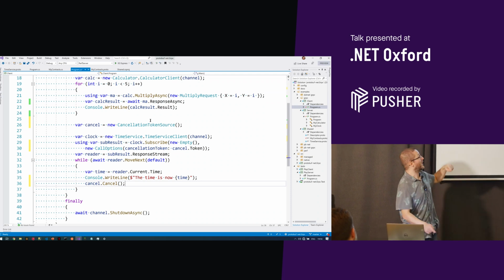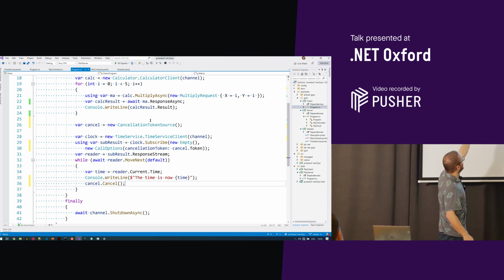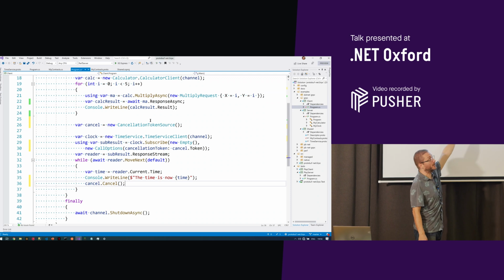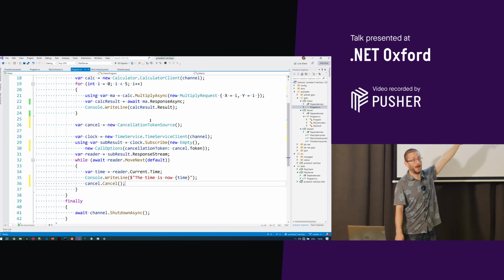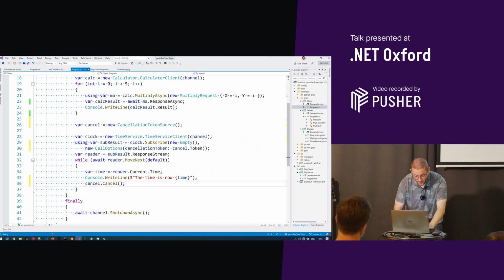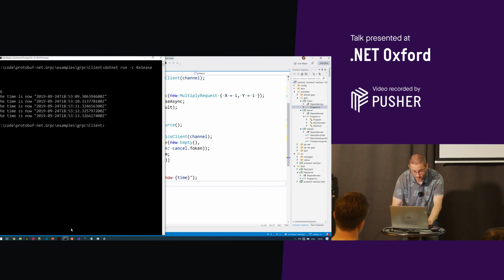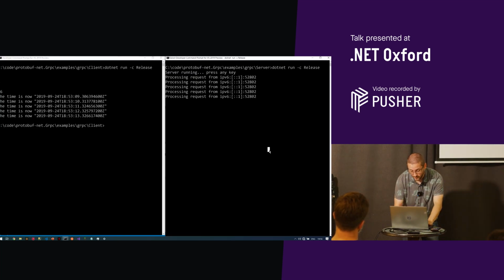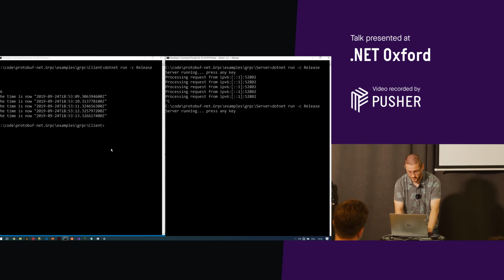Now that's not cancelling at the client, so I'm not telling it to break out of this loop. I'm just cancelling a token that's got nothing to do with that loop whatsoever. I'm not throwing in that loop. But now what we should find, if I run the server again,